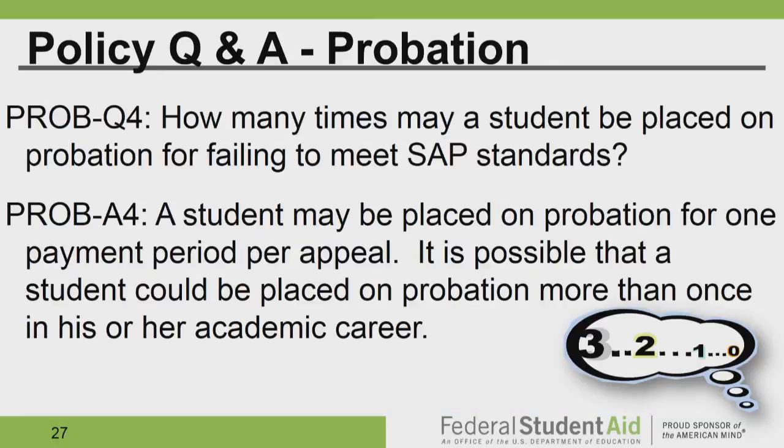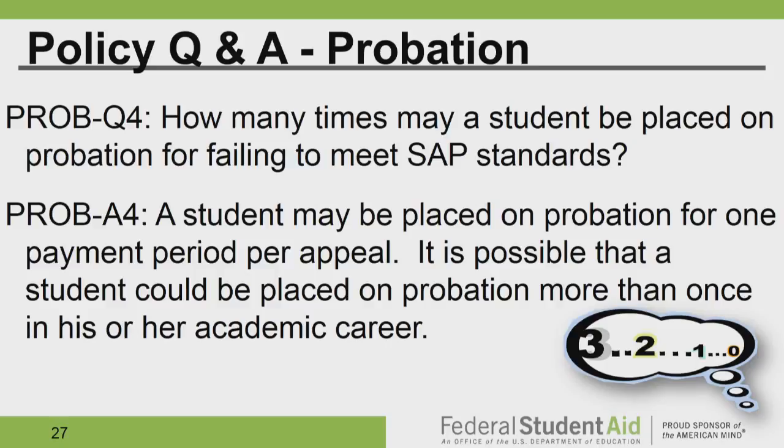People have often asked, well, how many times can I place a student on probation? Our regulations don't restrict the number of probations that can occur. But remember, anytime someone gets placed on probation, what has to happen? They have to appeal. It has to be approved. And then one of two things has to be true: it's mathematically possible to meet the standards at the end of the payment period,